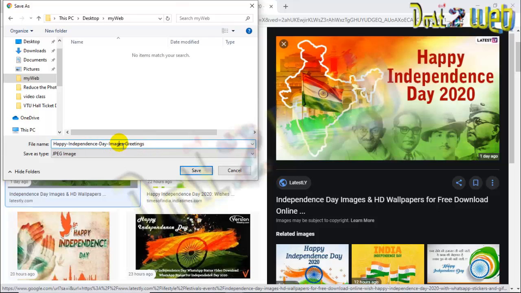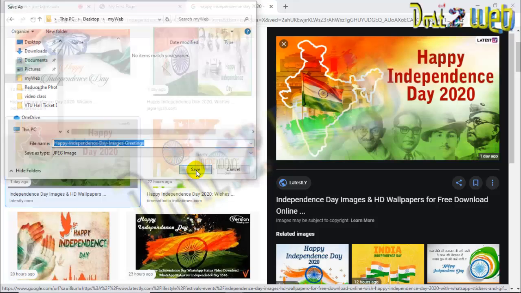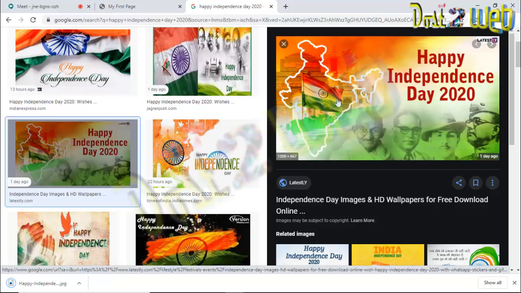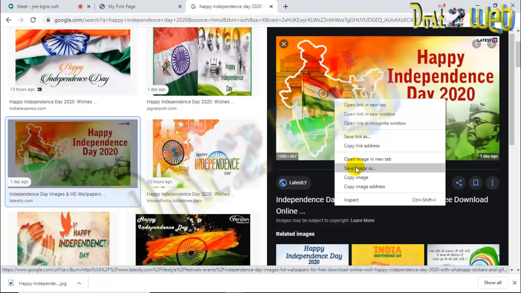Try to avoid spacing in the image name. I'm saving in the same location, so I'll just use save. Once again, guys, I'll repeat: open any picture, right click, save image as, and your image will get saved.